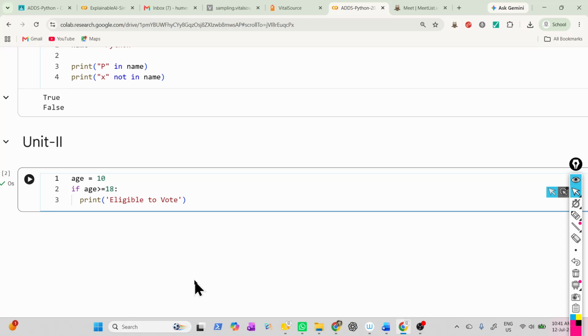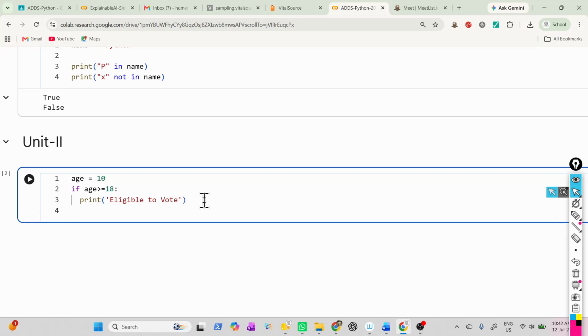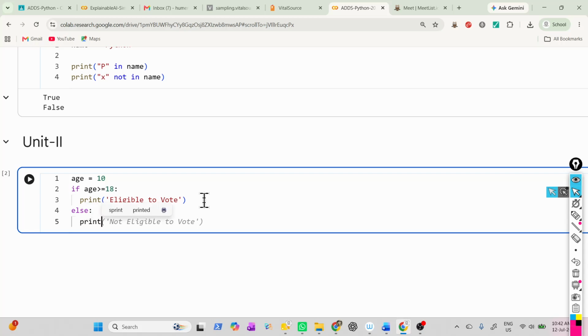So now don't you think we also want to print not eligible to vote? Have you given the else part? Now I want to say that you are not eligible. I want to make one print statement. So what do I have to do? I have to use else colon, print not eligible to vote. When I run,